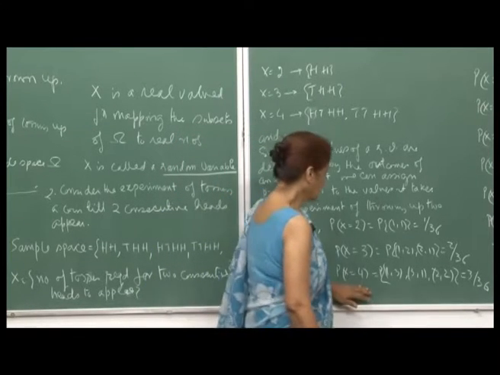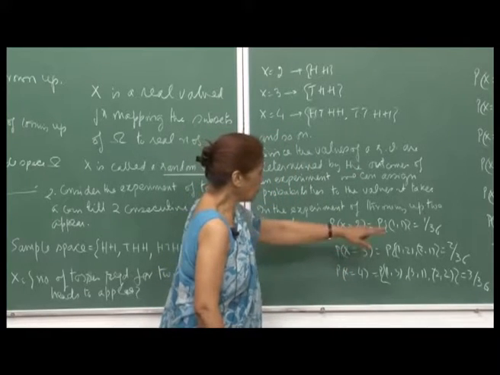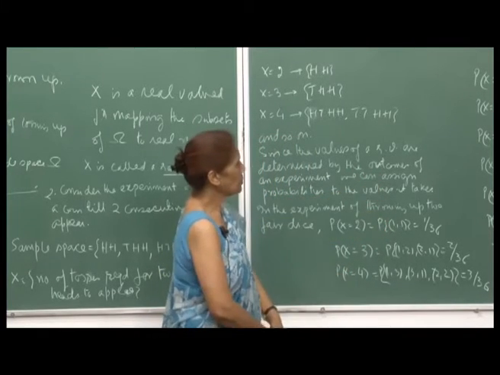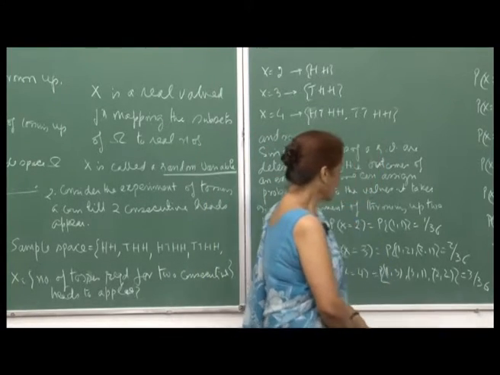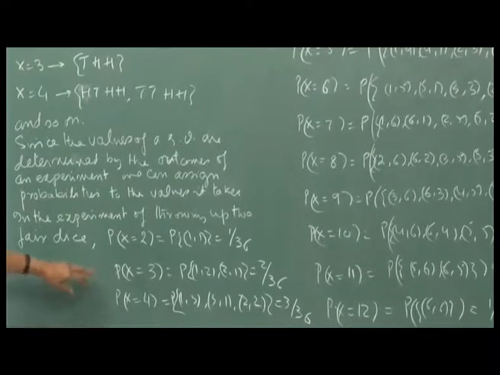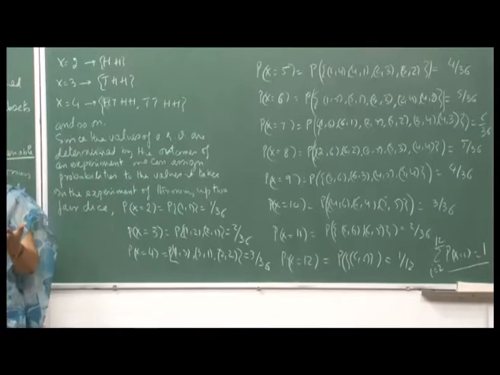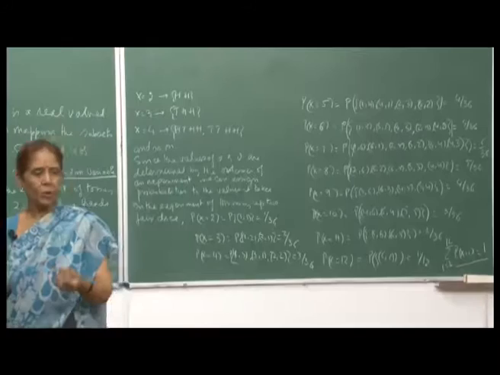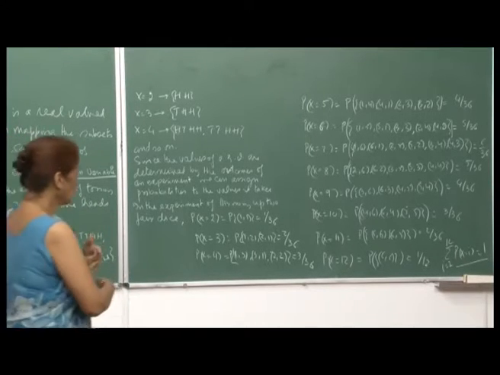So, this I have shown you for all the different values that x can take from 2 to 12, what are the corresponding subsets and then the associated probabilities. And since x must take one of the numbers from 2 to 12, since you are throwing 2 dice, 2 numbers will show up and their sum will be one of the numbers from 2 to 12. So, these are all the possible